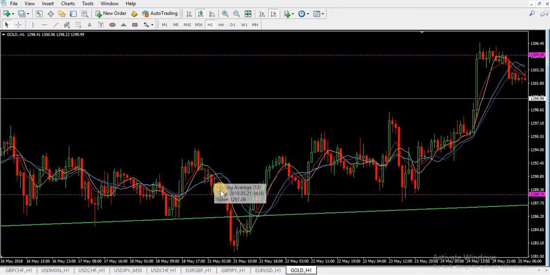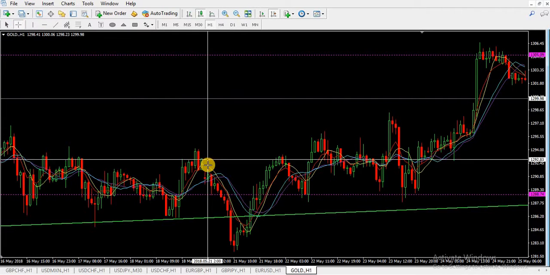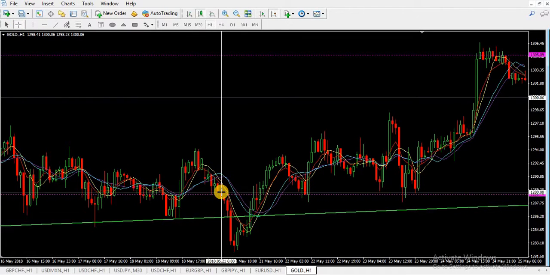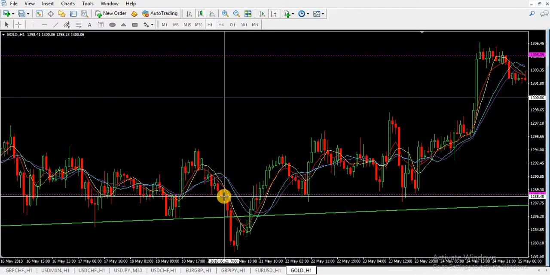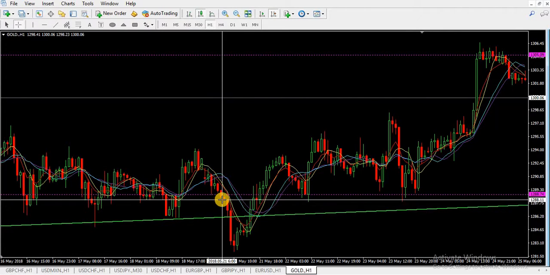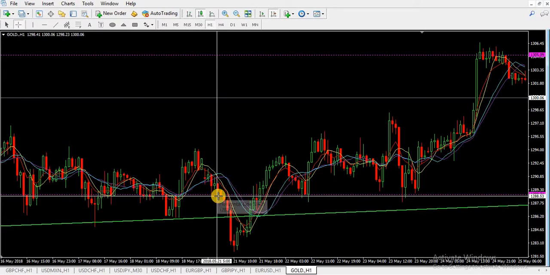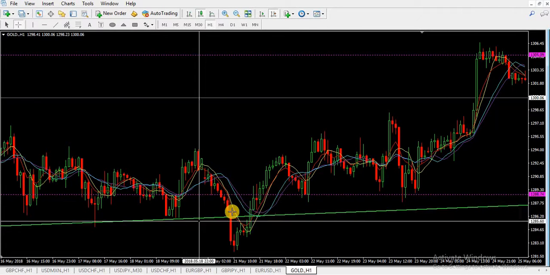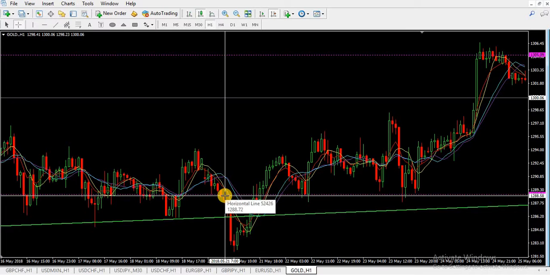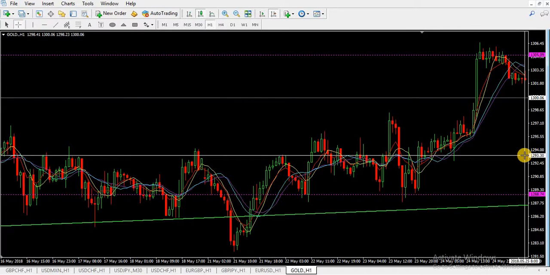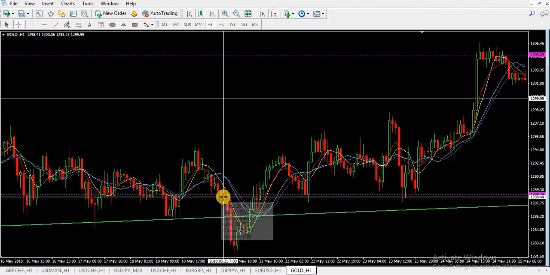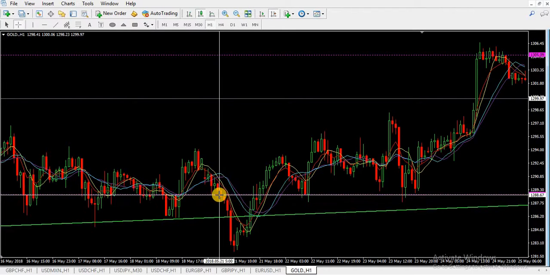So whenever you get a cross, say for example you got this cross over here after this candle formation, you got this cross. Let me do it here. You got this cross. This means that since these things have crossed, forget everything that is happening on the right, forget everything this side, just imagine this. You got the cross here and this. Imagine that this hasn't happened yet, like imagine this from this point to there hasn't happened yet. So what you want to be doing is you want to look at the cross,